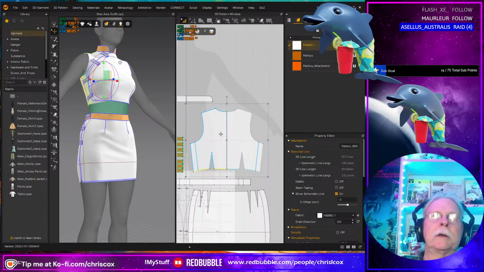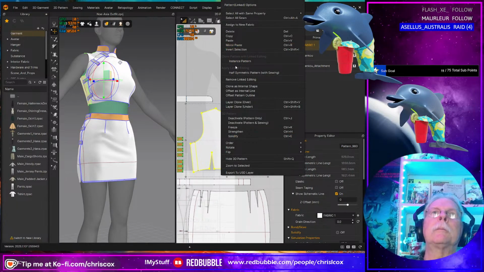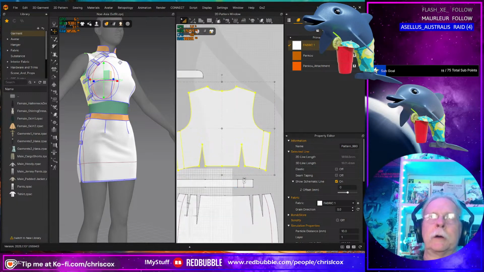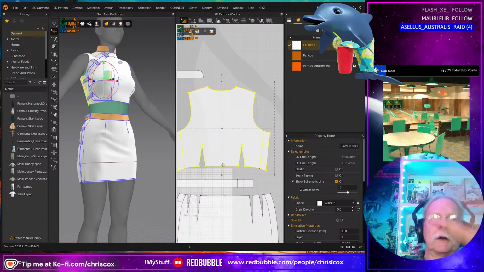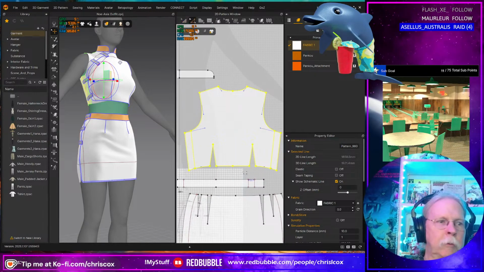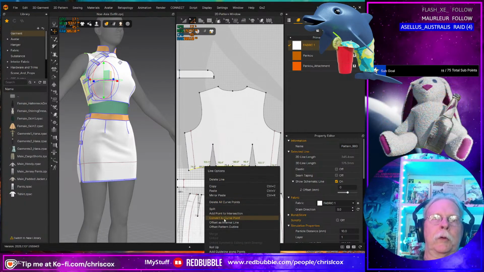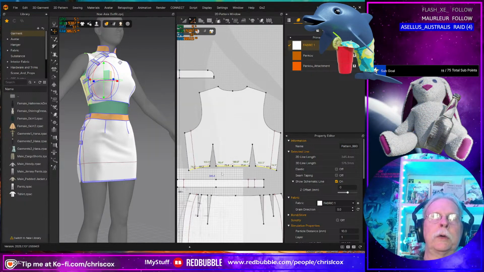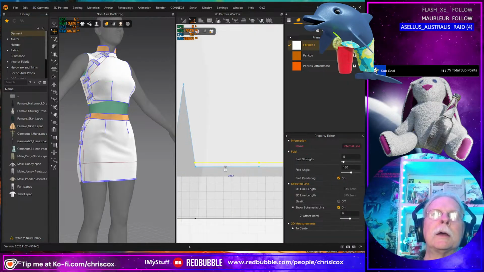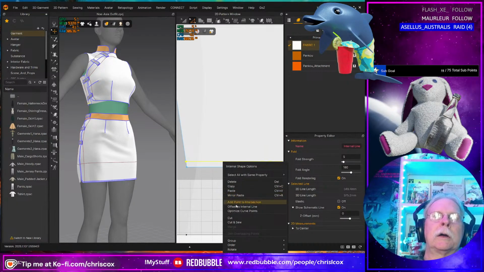We still got linked editing here. We're going to remove that. If I leave the linked editing on, it makes the cutting and the sewing and the trimming goofy. So offset as an internal line. Say okay. Down into here. Cut and sew.